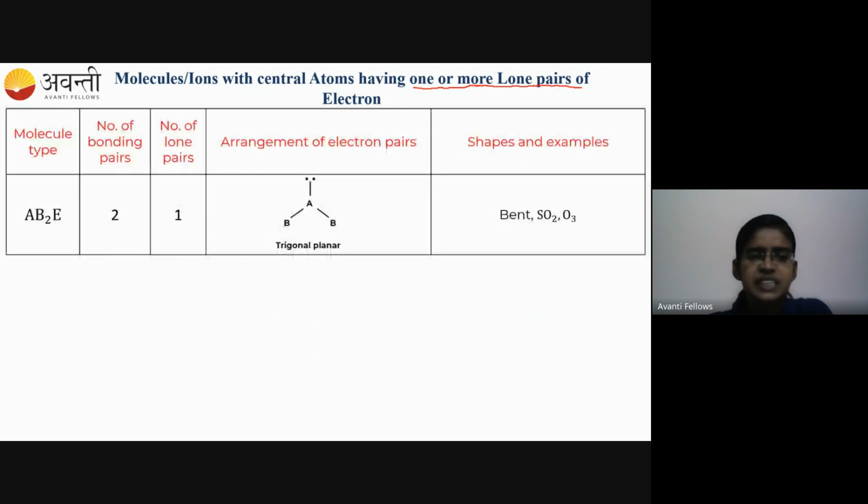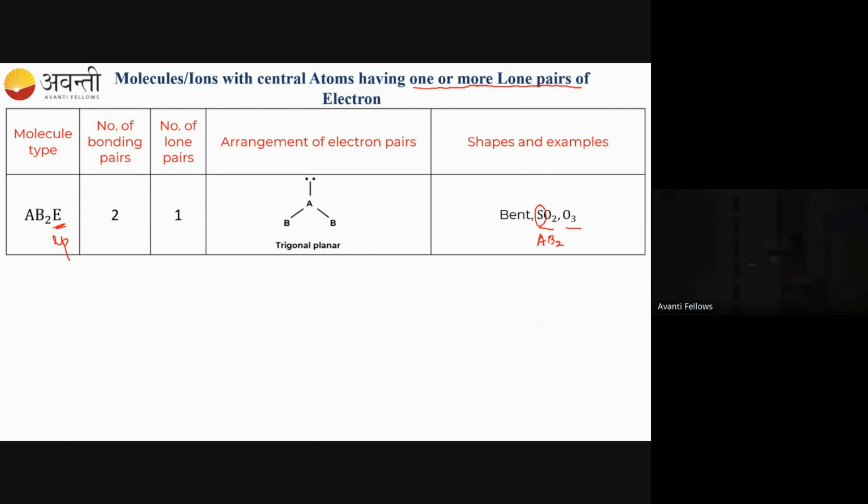Yeah, first example is AB2E. So this E represents the lone pair, one lone pair. Now the examples are SO2 and O3. Now S is atom A and oxygen is atom B. So AB2, central atom is sulfur and sulfur has,